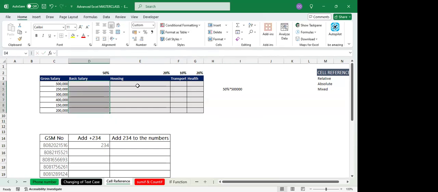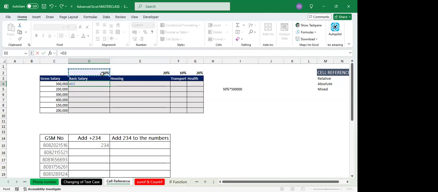I'm going to cancel this, right? So here, to do it downward, I am going to say this is equals to 50%. Now, that 50%, I want to lock it down. I want to lock it so that it doesn't move down, right? Now, if you look at that 50%,